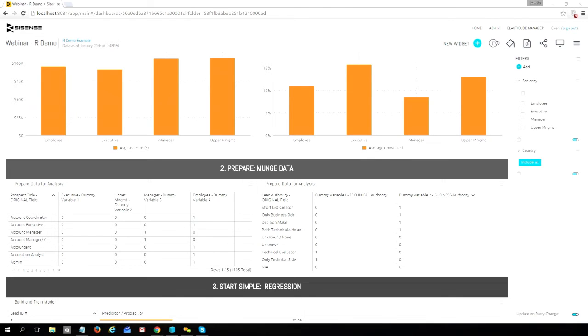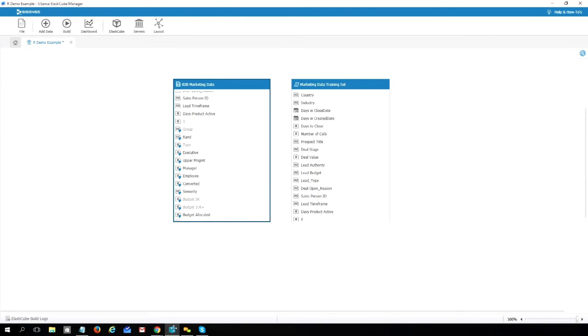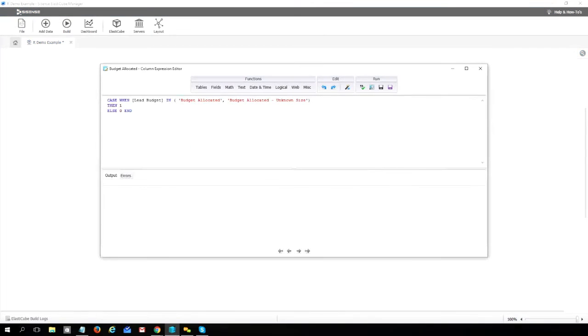Okay, excellent. So I think this is important to point out: these variables didn't exist in the data, so we had to have some kind of ability to make those changes and add additional columns in the data. With Sisense, that's done in a visual environment. So over here we have 2 data sets we're working with. We can easily add additional custom fields to that data, and then we can apply some kind of logic using functions or tools.